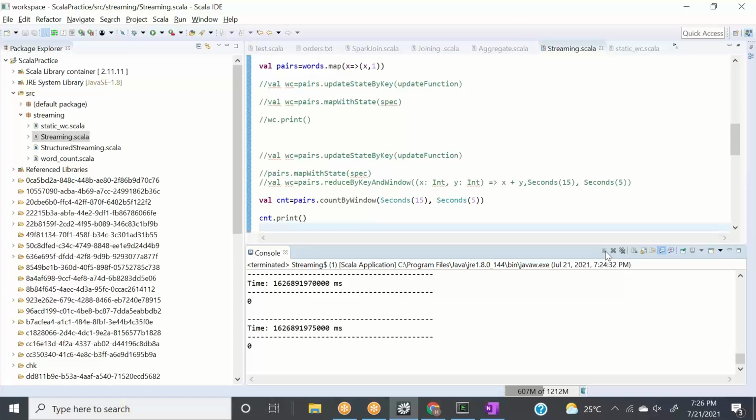I think that's all for today. Tomorrow we will be covering structured streaming. For the last 2 days we have only covered Spark streaming, and we talked about low level operations. But what they did in Spark 2.0 is create something called Spark structured streaming, on which we can work on data frames.